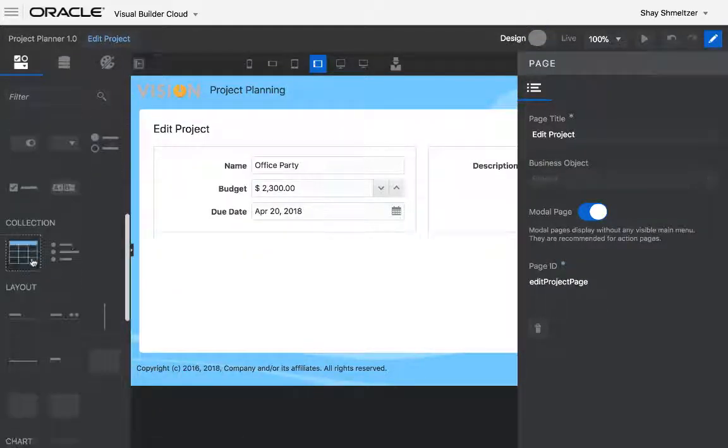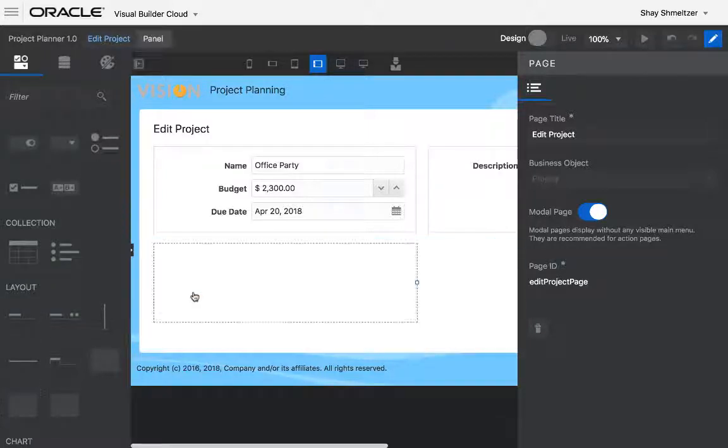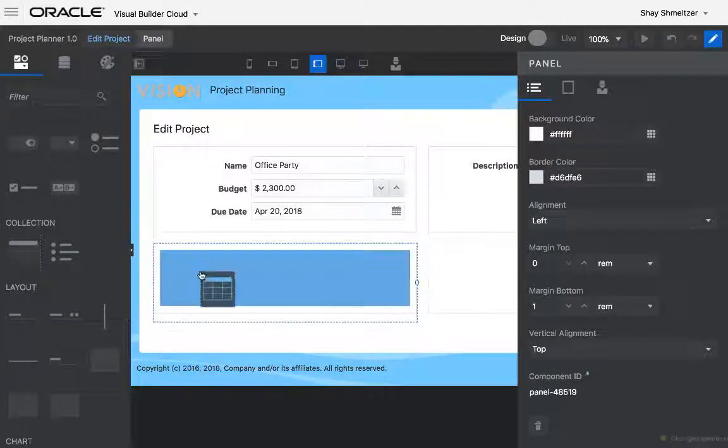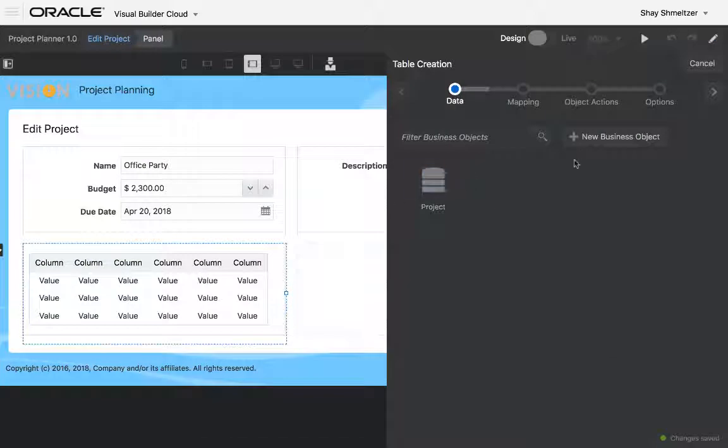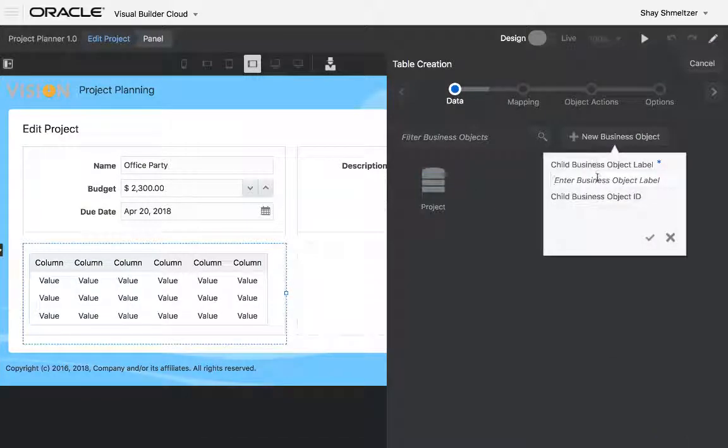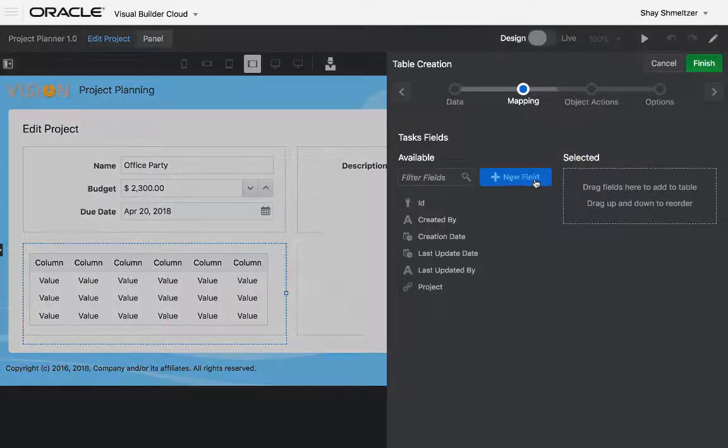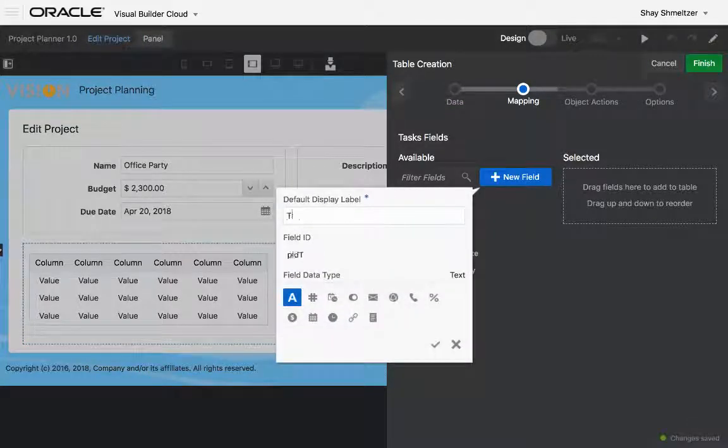Let's create an application that is a little bit more advanced. Let's create another splitting over here and drop another table on the page. This will allow us to create another business object. We'll call it tasks, and this would be a list of tasks that we have in our project. So we'll have a task name,